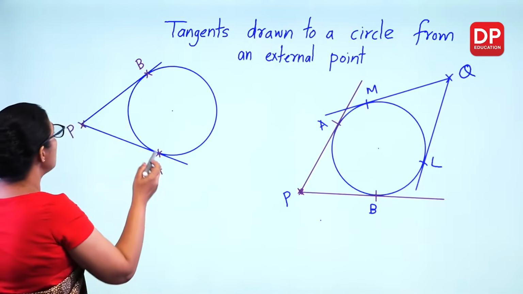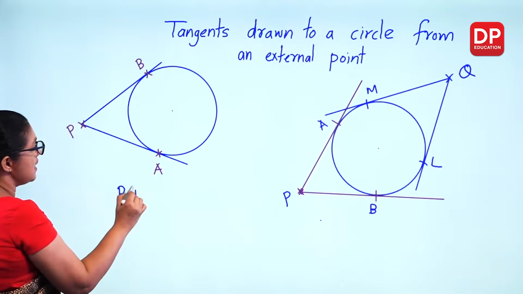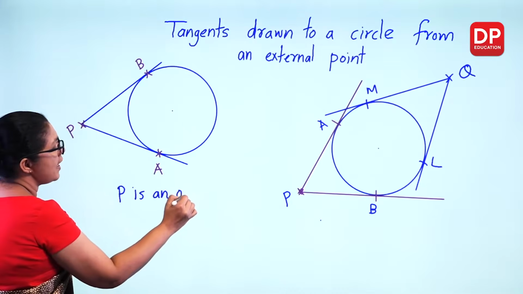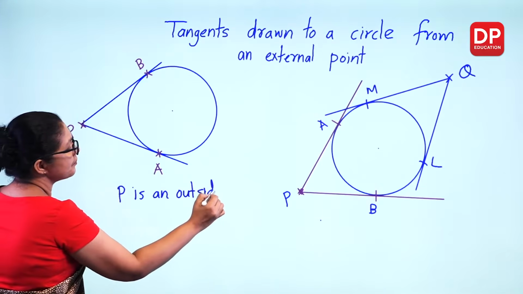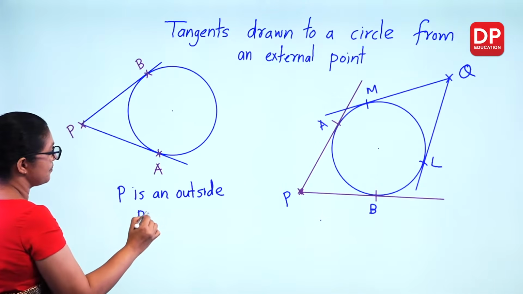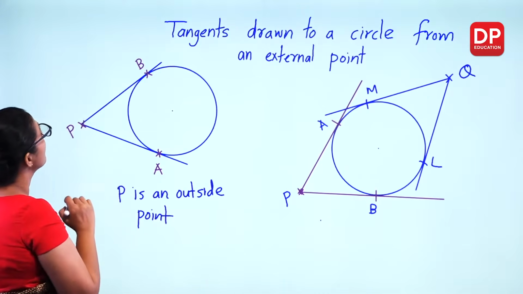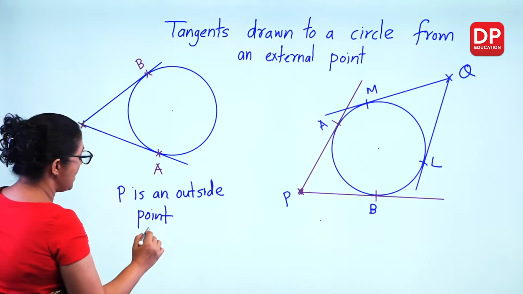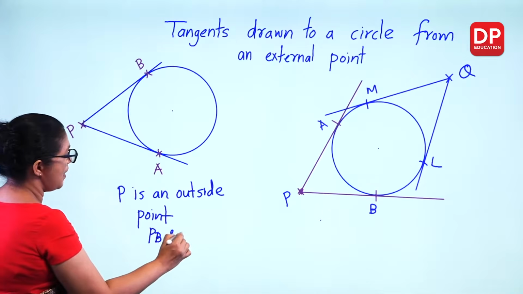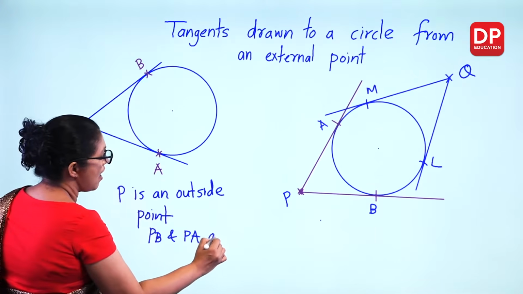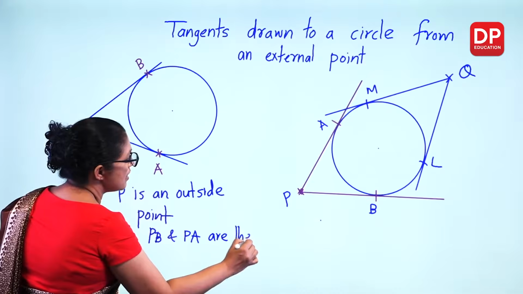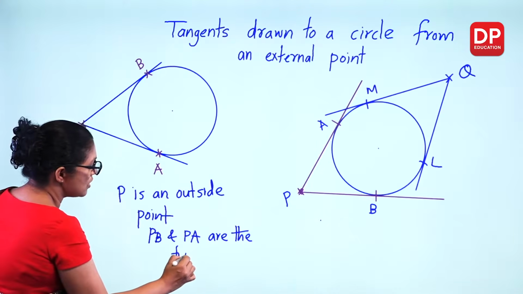I'll write down: P is an outside point and PB and PA are the 2 tangents